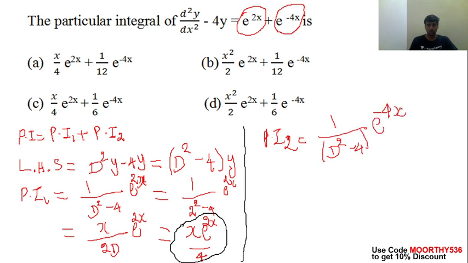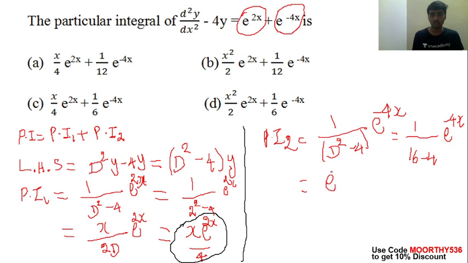Replace the letter D square by minus 4 square, which is equal to 16. So it is 1 divided by 16 minus 4 into e power minus 4x. The 1 divided by 16 minus 4 is equal to 12. So e power minus 4x divided by 12. So that is PI2. Then PI1 plus PI2 is given as,